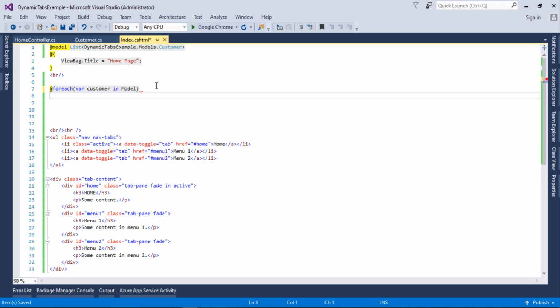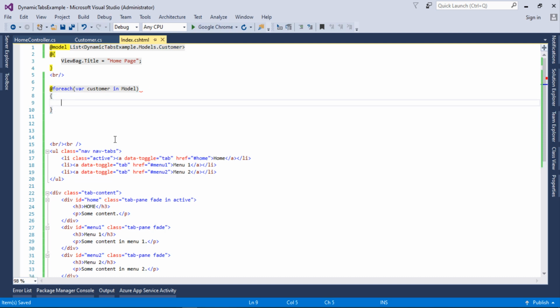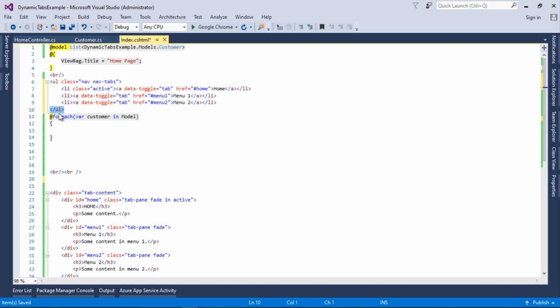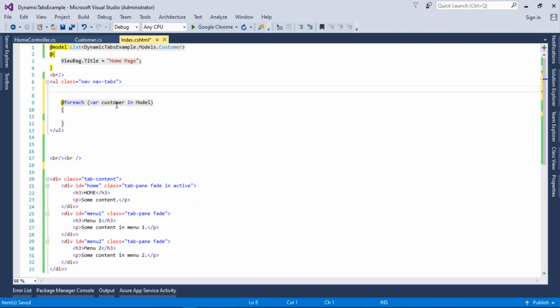So now let's open and close the brackets, and I will copy this here, and this will be closed after the loop, and this is the section we need to render dynamically.